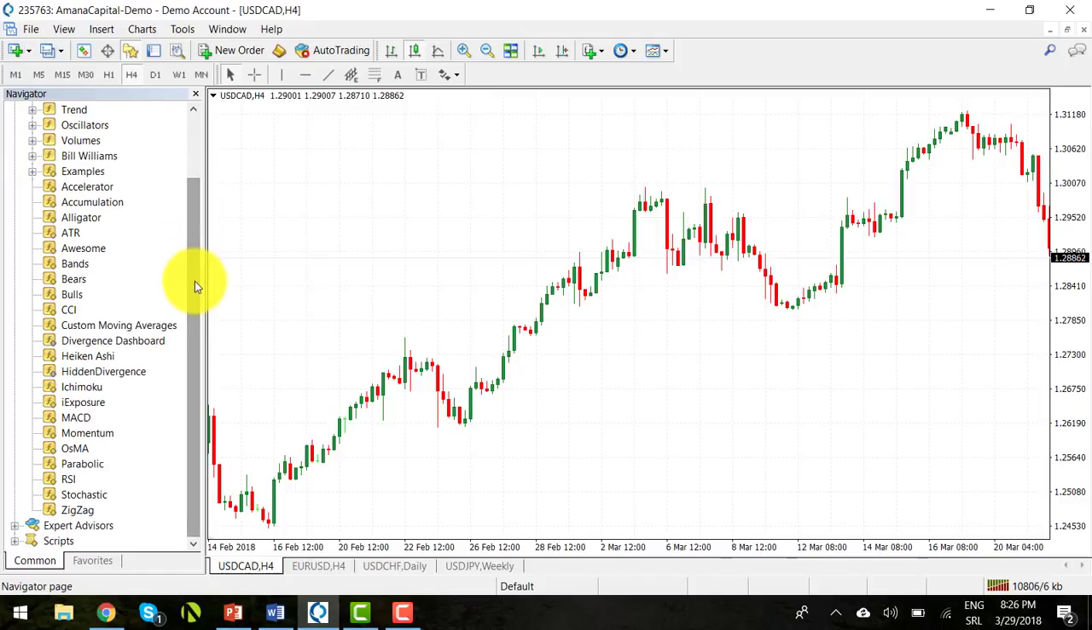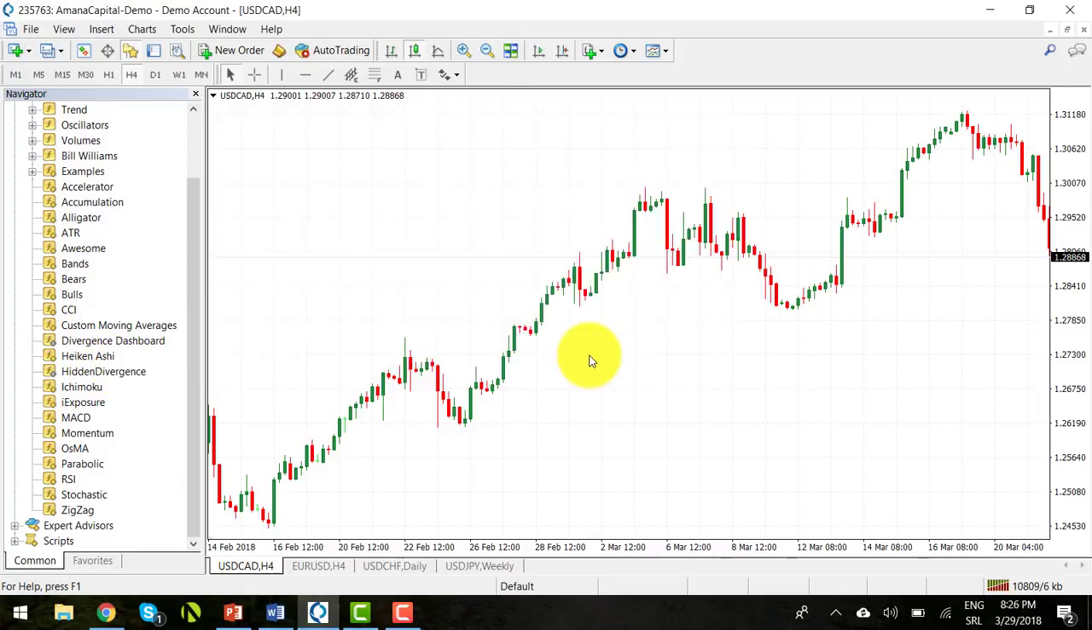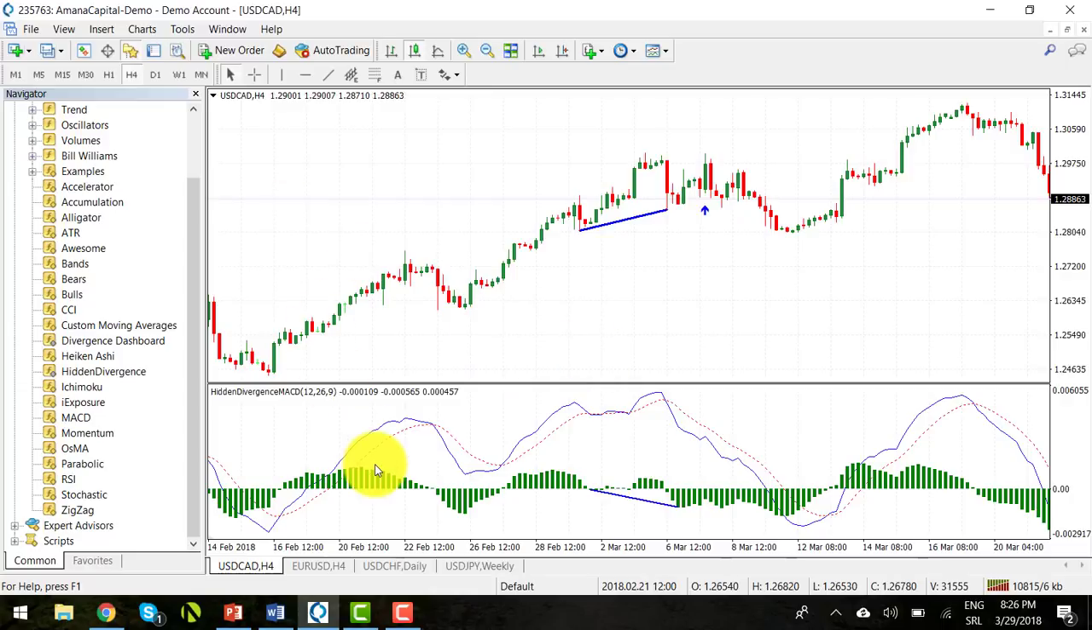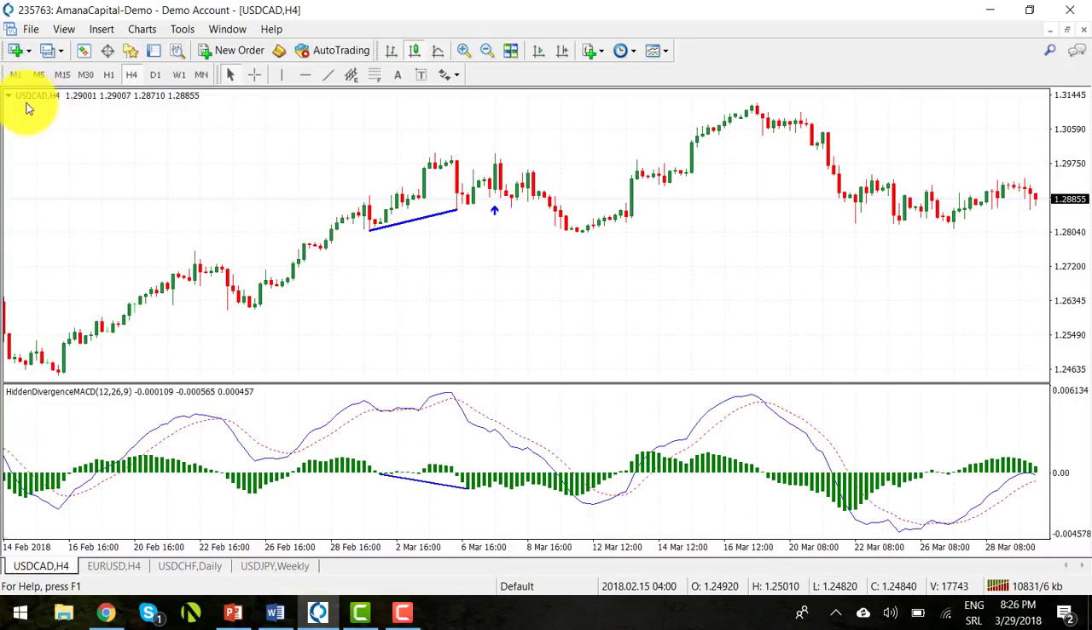After that, simply drag and drop the indicator to your chart and click OK. And the indicator will show up below the chart window. In this case, we apply the indicator to the US dollar Canadian dollar currency pair on the 4-hour time frame. And as you can see, we can immediately spot a hidden divergence, which is shown by the indicator and